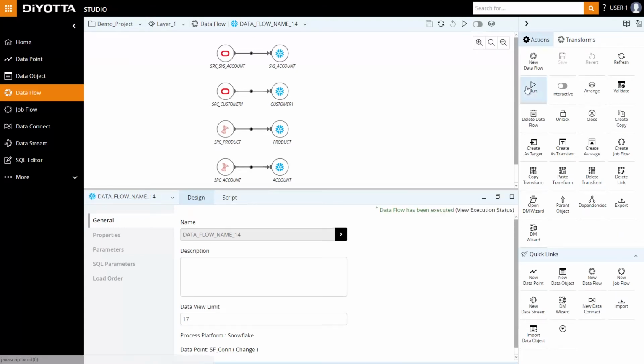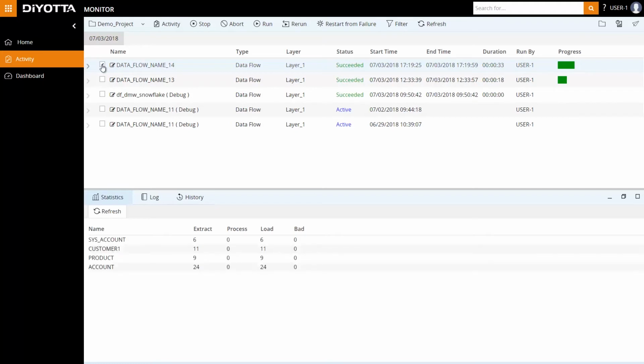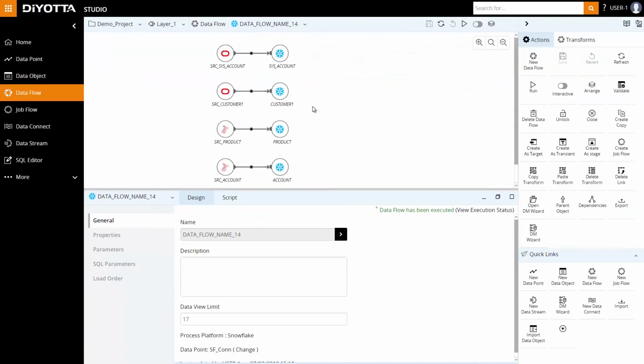To check the execution status, either click on View Execution Status or go to Activities screen in the Monitor module. The execution has succeeded. Select the data flow and view the operational statistics, review logs, and history of the data flow. To view and verify the data in the target database, let's go back to the studio, open Data Flow,